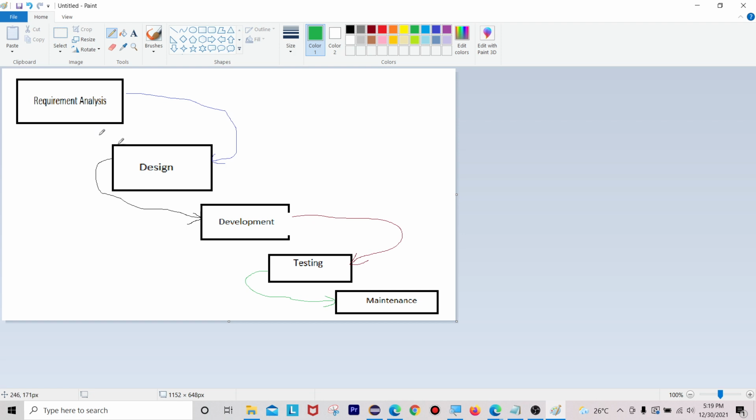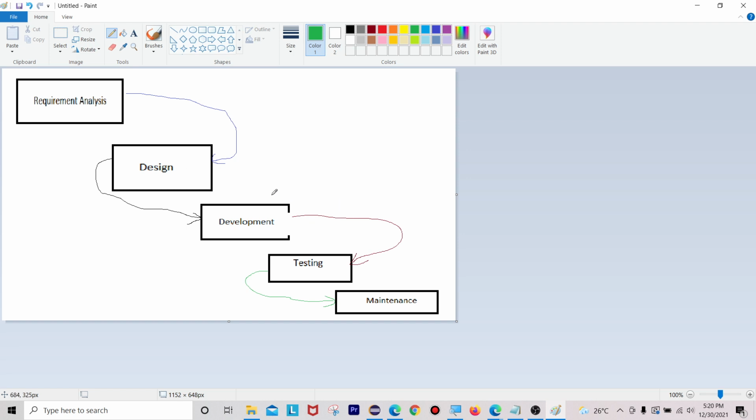Once the requirements are very clear, only then will they start the design. Once the design is completed fully, only then will the development stage begin. Once the code or application is completely built by the developer, only then will they give it to testers to test on their environments. Once the tester does all kinds of validations on the given application code or product, only then does it reach the end of the maintenance phase. This means each and every phase should be clear before going to the next phase.